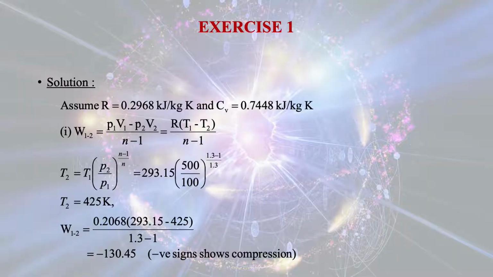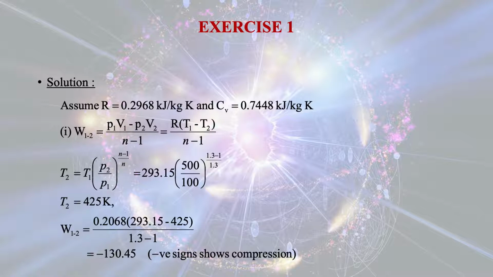Now let us see how we can solve the problem. First of all, when you face any problem, just note down the data given for that particular problem. After that, you try to analyze how to proceed for solving that particular problem. For this problem, R, the gas constant for nitrogen, is given as 0.2968 kilojoule per kgK, and Cv, the specific heat at constant volume, is given as